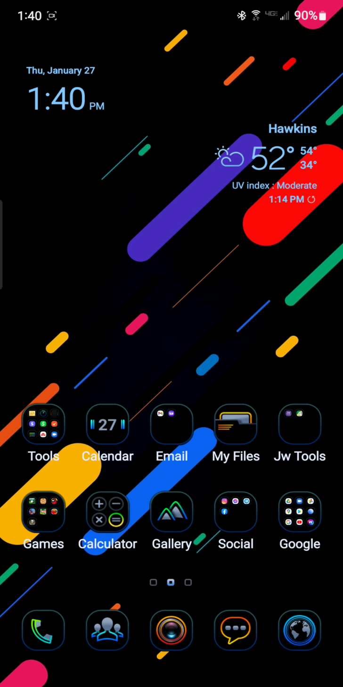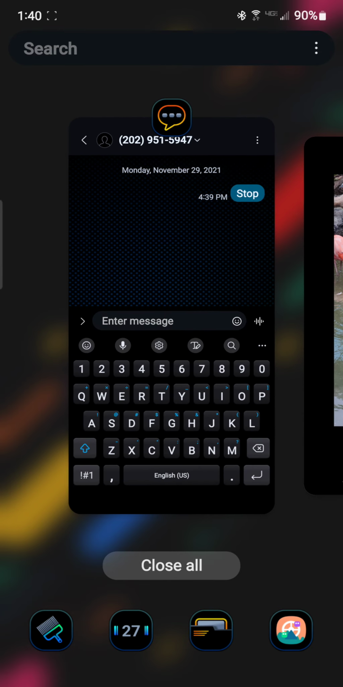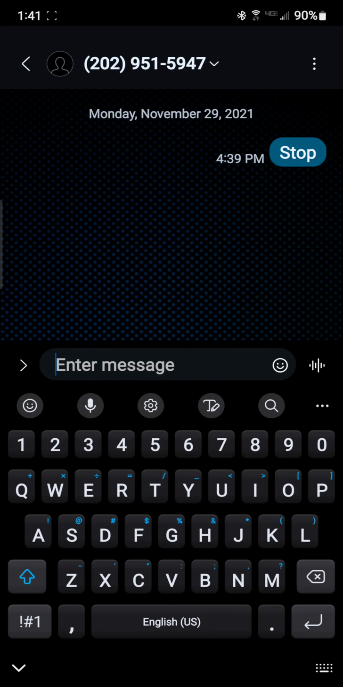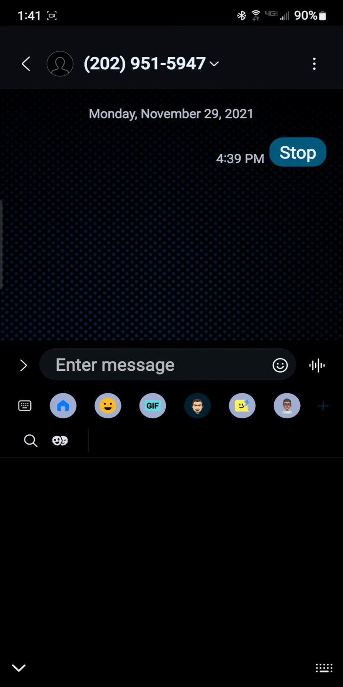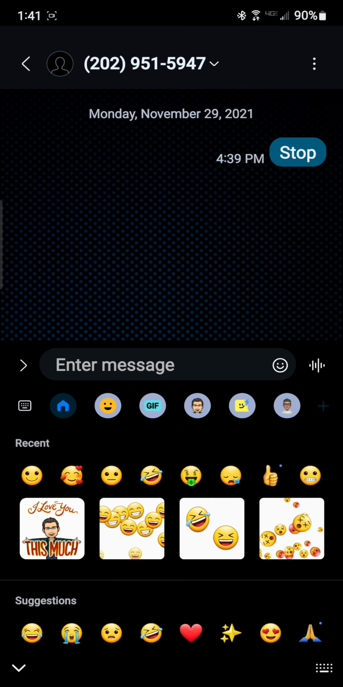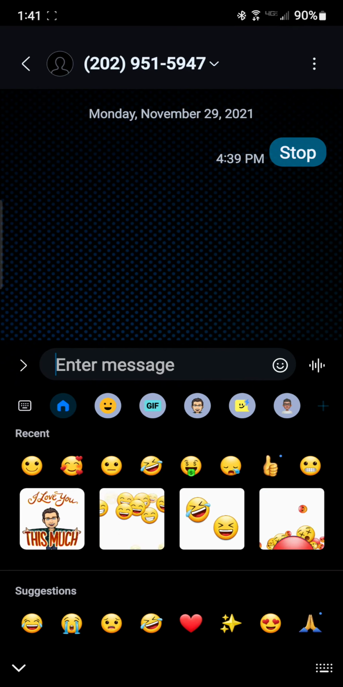Another thing is if you go to messaging, this is really nice because most people love sending emojis, and they've made the emojis to where they've added more to it. So basically, you can go in here, and as you can see, there's like 3 different examples here. You can combine emojis, and it